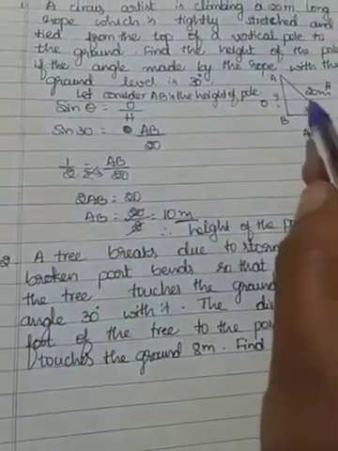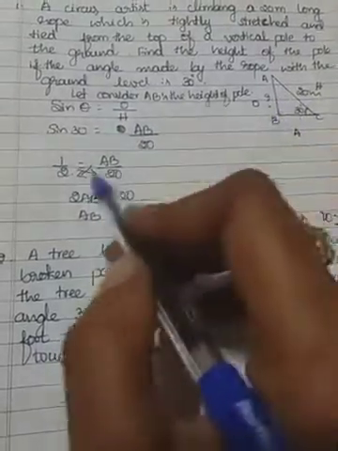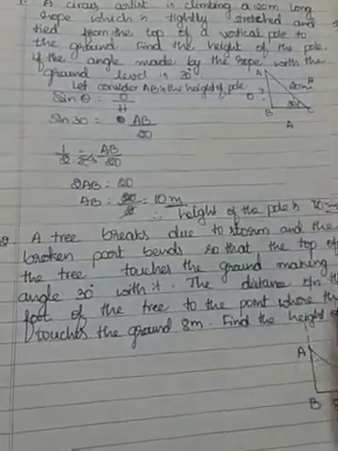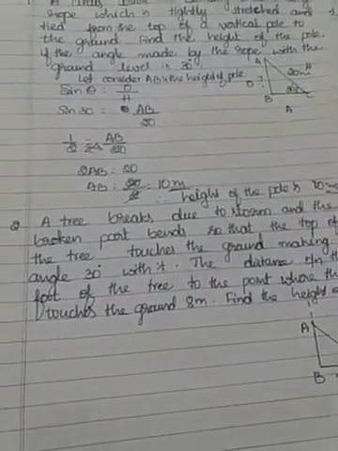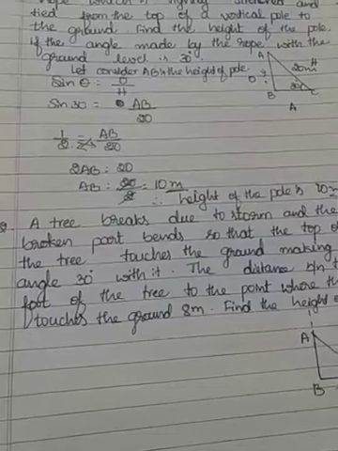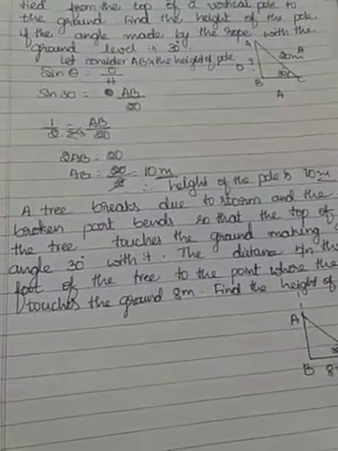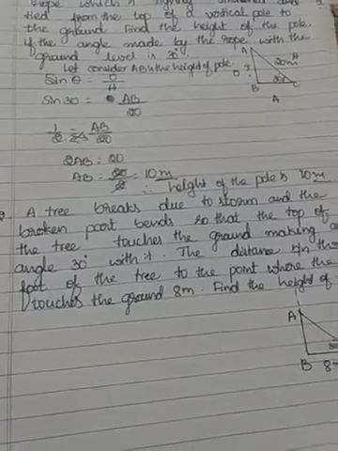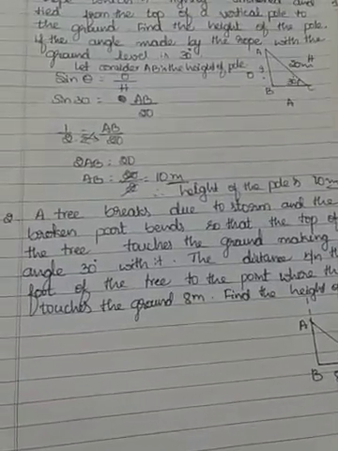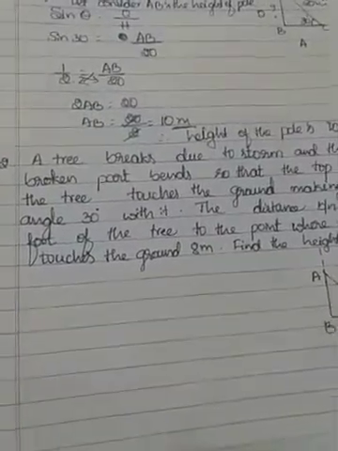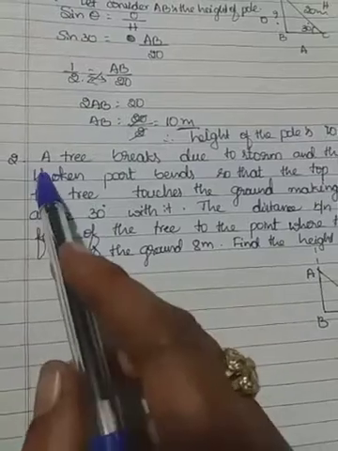Hope you will understand this. So why take sine 30 only here? If you have that doubt, it is because with sine 30 we get opposite divided by hypotenuse, which is what we want to find. With another trigonometric ratio, maybe we would not. So that's why I took that. Or we can also take the reciprocal, hypotenuse divided by opposite, which is cosecant. That also we can take.